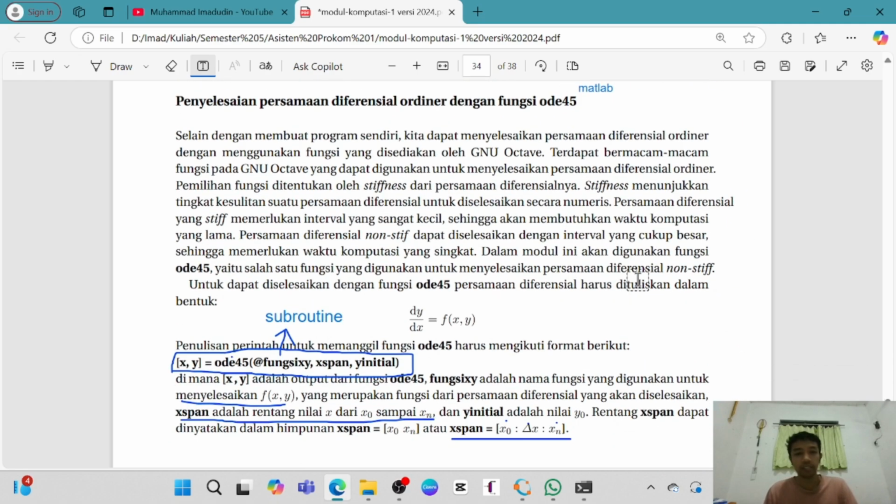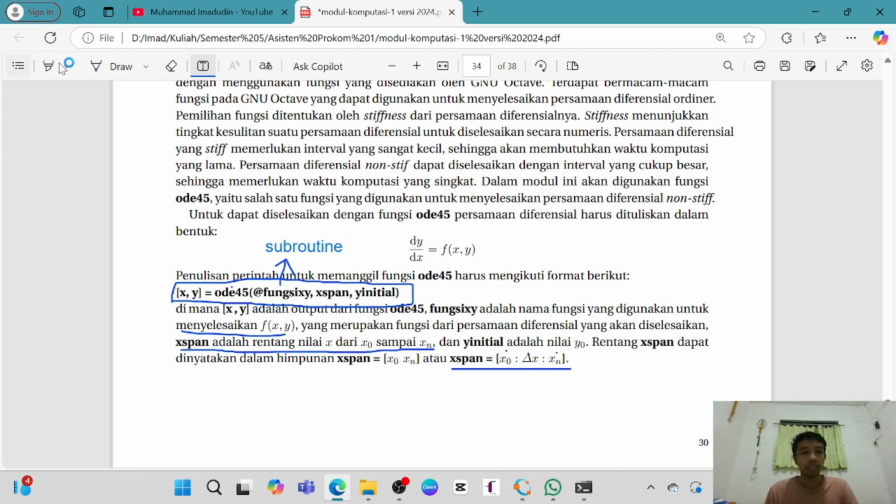Okay, next. This is how we write the ODE 45. This is how we write the code. We have x, y, then ODE, then add. This add is the function for the subroutine. Then we have expand and y initial. What is the expand?